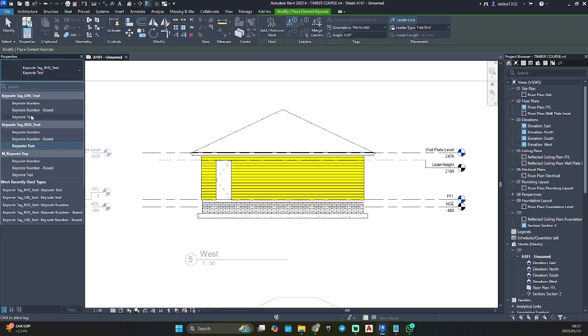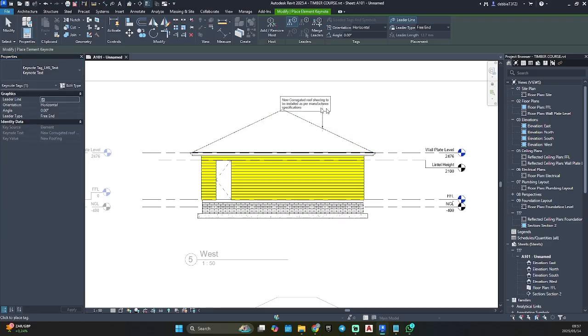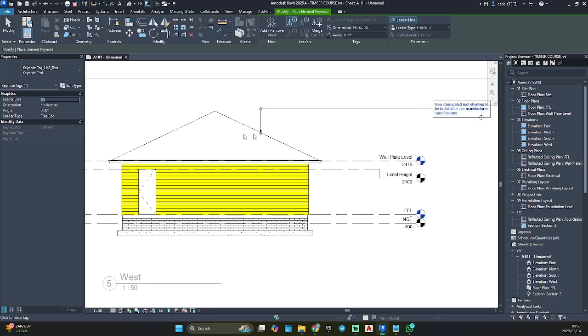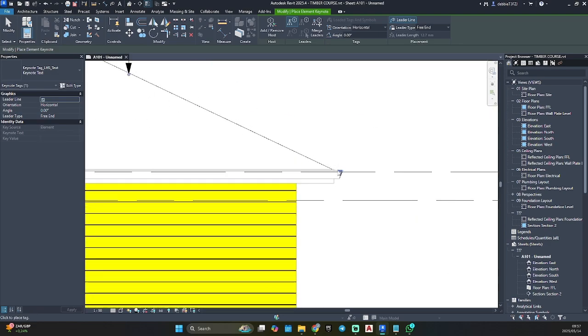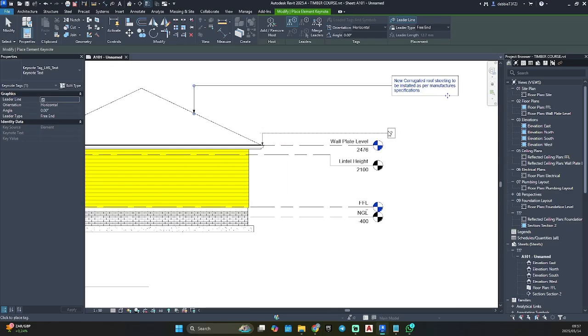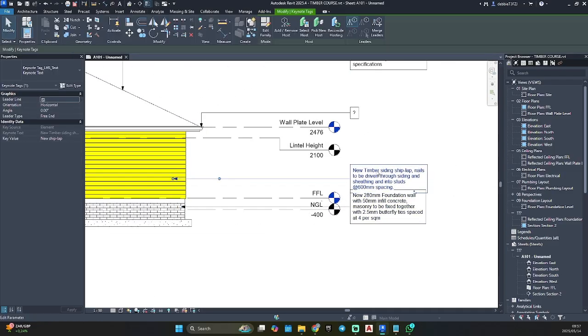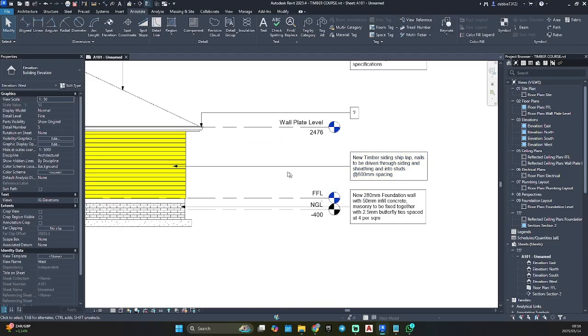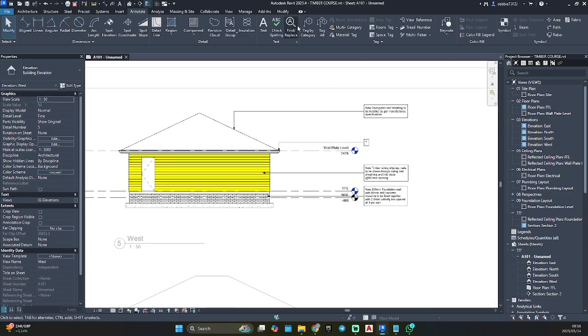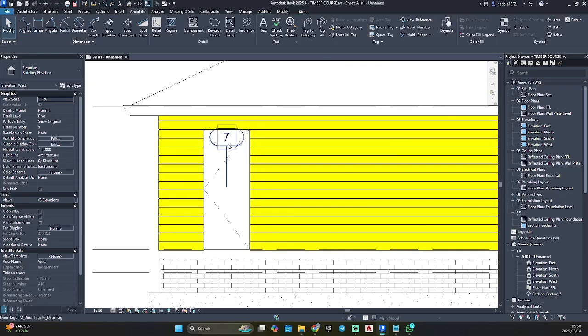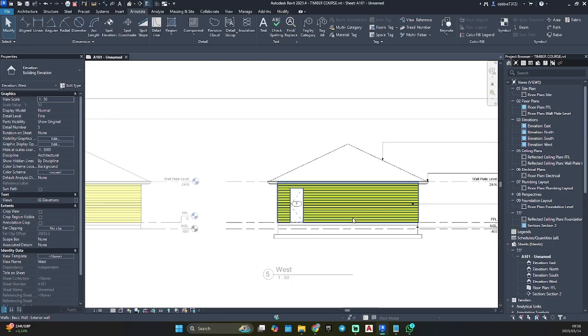This one I'm going to use the left hand side. See, this makes the annotating process a lot quicker since it's already been assigned to certain elements, and now you can just click away. Okay, we don't have a gutter yet. Use my arrow keys again. Just gonna hide that because we don't have any windows on this elevation, but we do have a door, so I'm just gonna also remove its leader line.